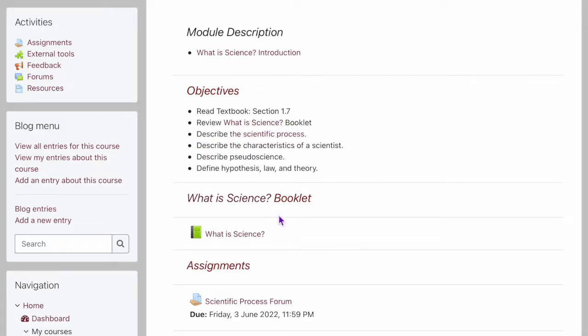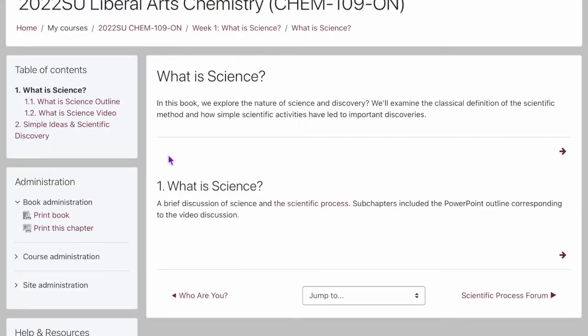The other thing that you'll find in each module is a Moodle booklet. Now, you may not have seen this in courses before. It's been my experience that not very many instructors use the booklet, but I've found it a nice way to pack a lot of information into essentially a booklet form that's easier to access. So for each module there will be a booklet, and if you click on the booklet you'll see that over here there's a table of contents,